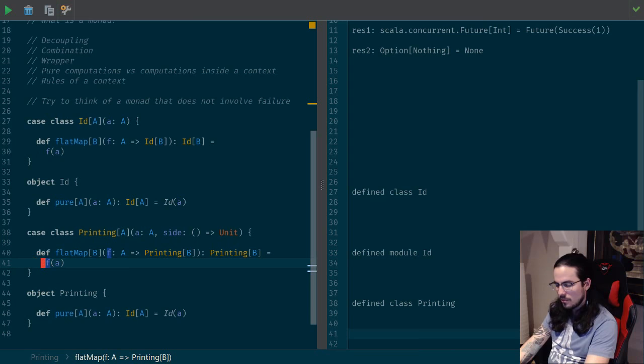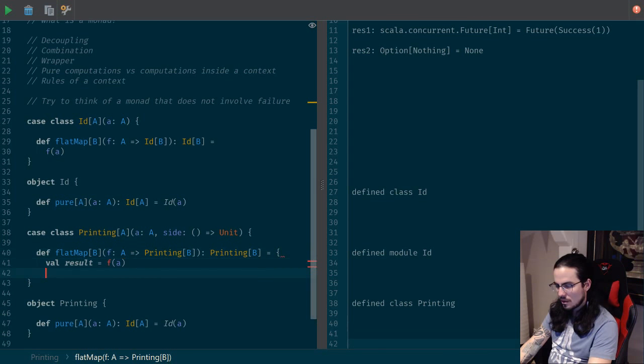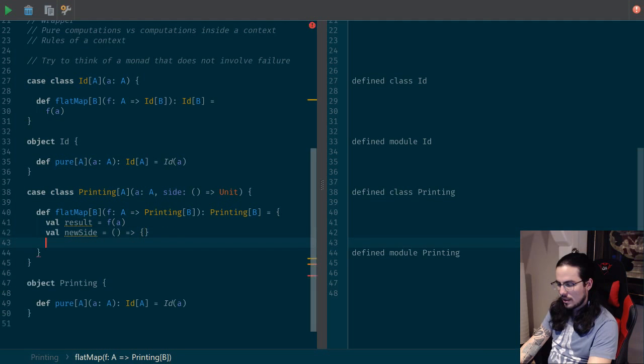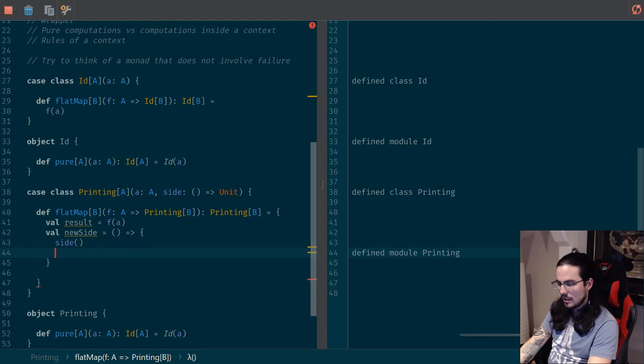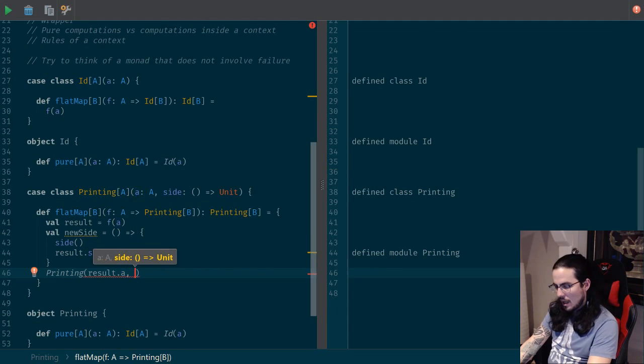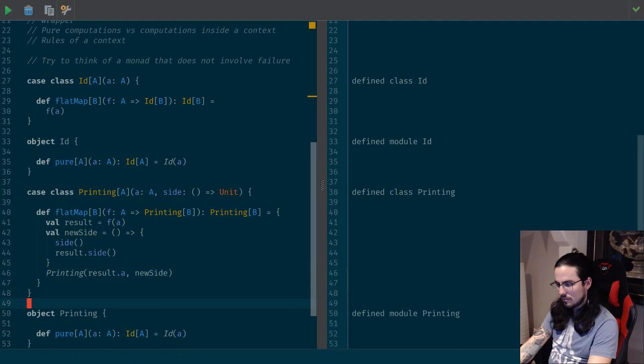And what we can do with this one is maybe take the old side effect and the new one and compose it into a new side effect. For example, we're gonna create a new function that goes from nothing and that first executes side and then executes result.side. And then we can return a new printing which takes the result.a or b and with the new side effect. And to printing,